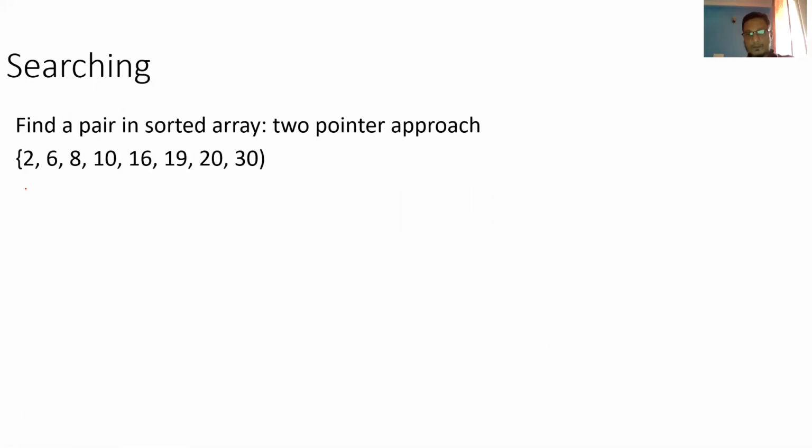So you start with this number 2, right? Let's say this is your left pointer, and then you start with your right pointer. You add these two numbers, the left and right, and see if that equals the item you are searching, which is 29 in this case. Your result is nothing but left plus right. In this case, it will be 32.